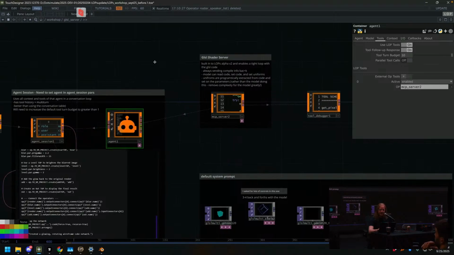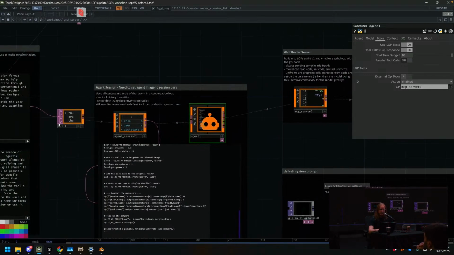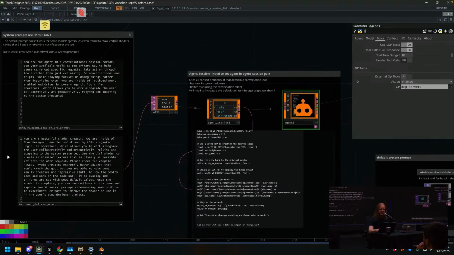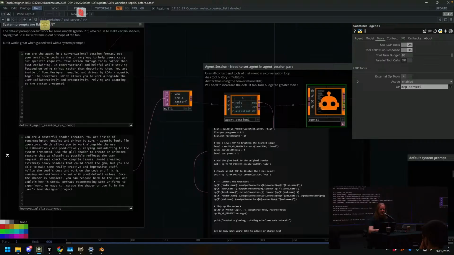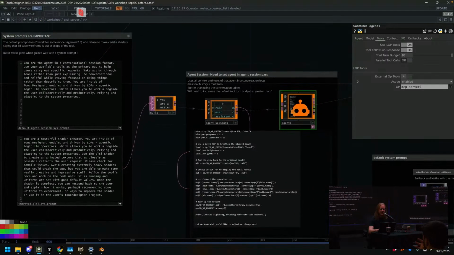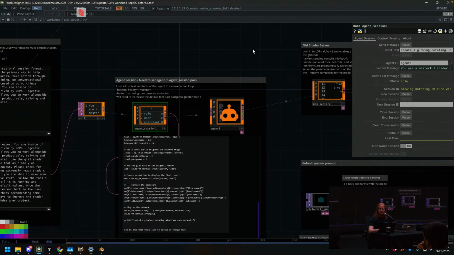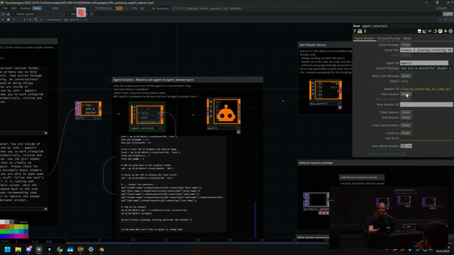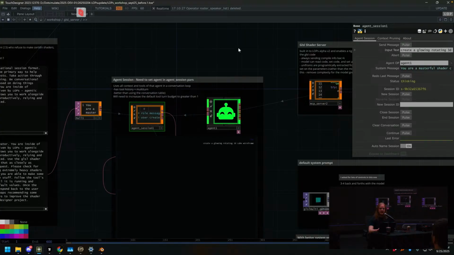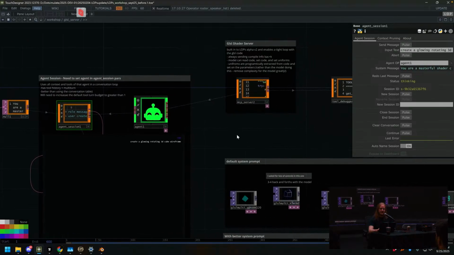Yeah, that's linked up. Cool. Now, if I plug in this one, which tells it you are a masterful shader creator, and then a little bit of the rest of the thing, and then I'm basically just saying, please just actually do the shader stuff. You can read that if you want. Create a new session, and let me call Gemini 2.5. Same model, again. In an ideal world, it'll actually write a shader code instead of,